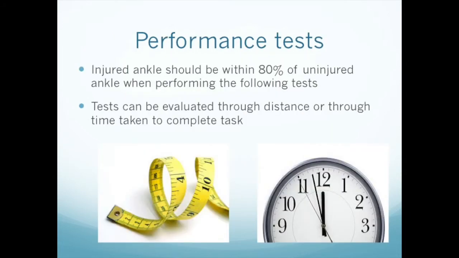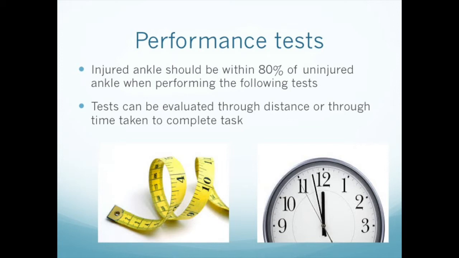The next thing we can look at is performance tests. When performance testing, the injured ankle should be about 80% strength of the uninjured ankle before return to play can occur. Performance tests can be measured through time, distance, speed, and there are many different